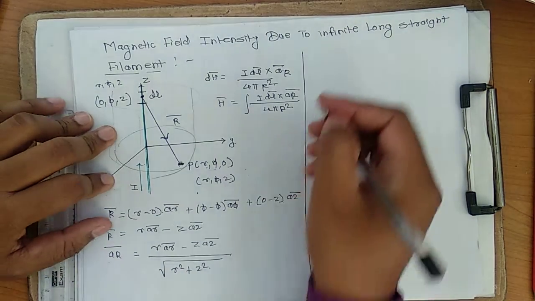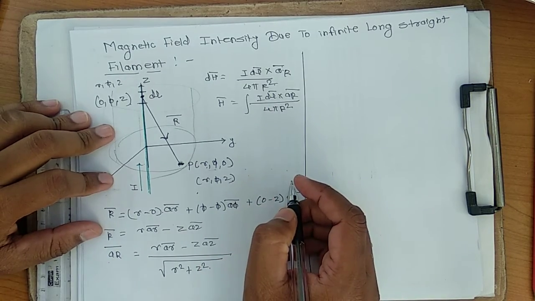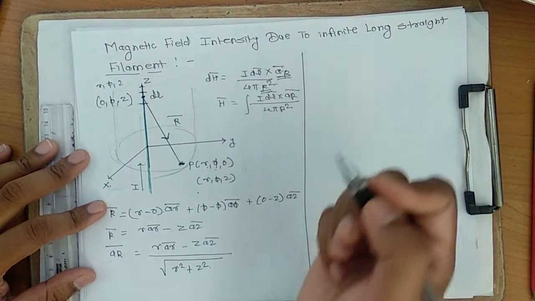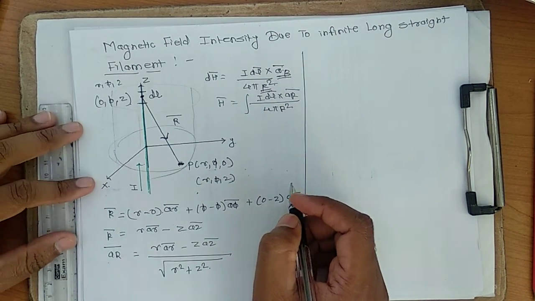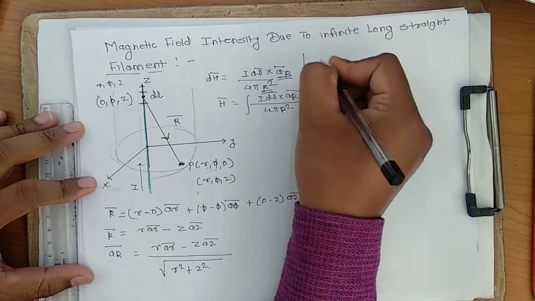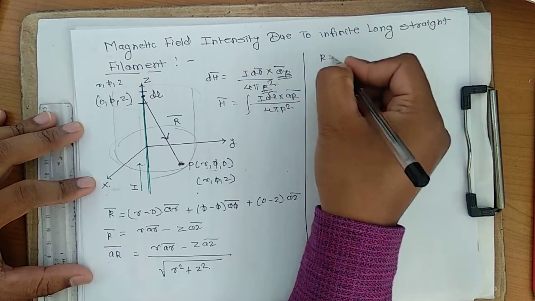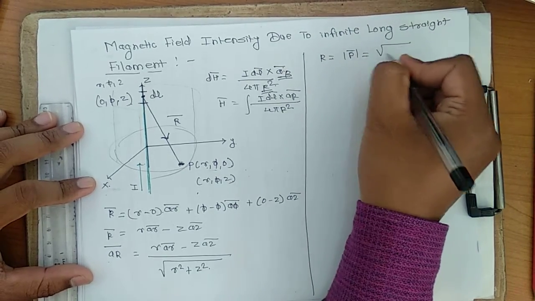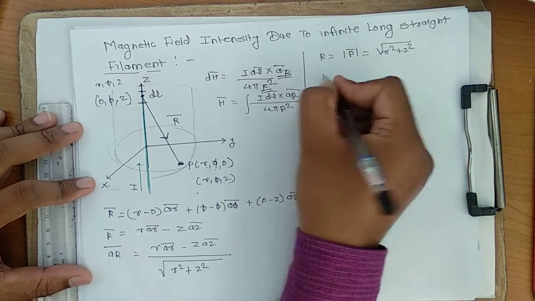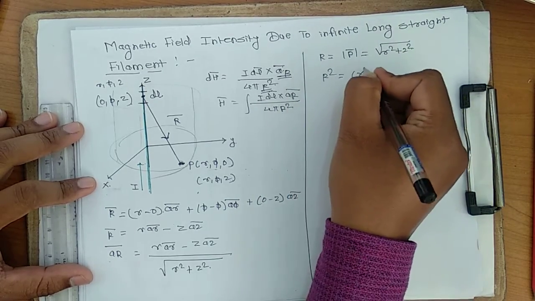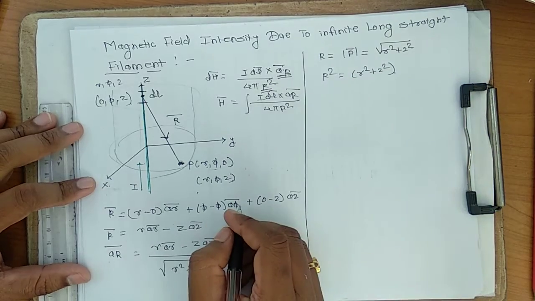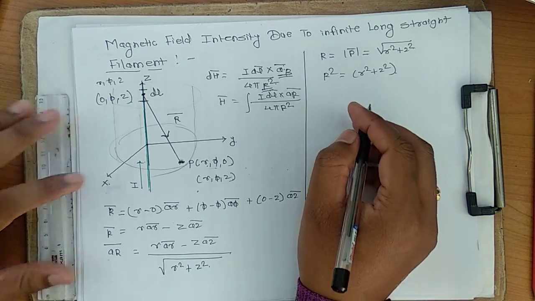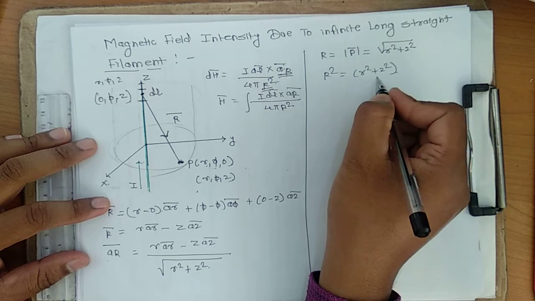So you have calculated this a r bar. Now R is calculated. What is R? R is equal to the mod of R bar. Mod of R bar means the root of r square plus z square. And what is R square? R square is r square plus z square. Okay, getting it? I hope you understand up till now. These derivations are compulsory, they will ask for 10 marks. So R square is equal to r square plus z square.